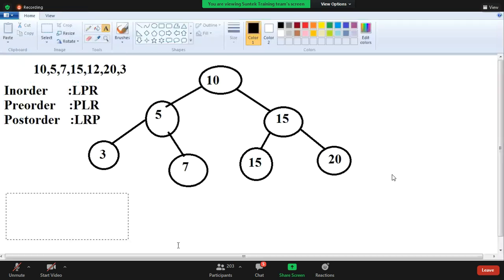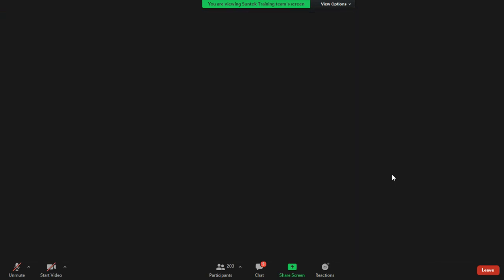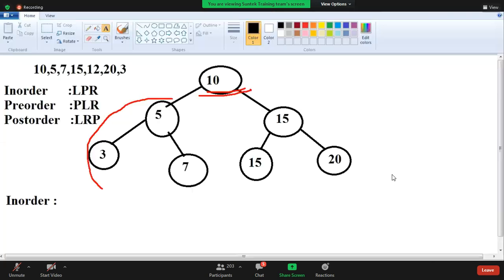Okay, first we write the in-order elements, guys. What is in-order? First left, parent, right. This is the parent, no? Again a left subtree is there. Are you following, guys? See once. This is the parent, and this is the left subtree. In the left subtree, what is required? Left only. In the left, again follow left. 3 first. 3, left, parent. Parent is 5. Right, what is right? 7. This is the left completed. When we come to the parent, the parent is 10. These two are also completed.